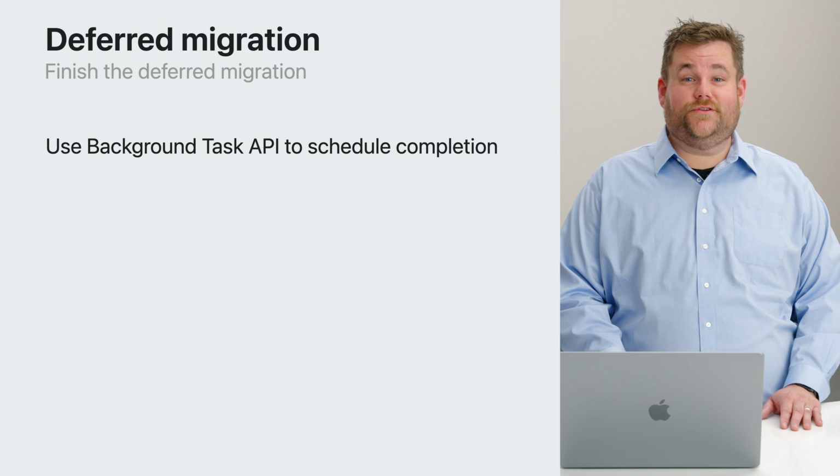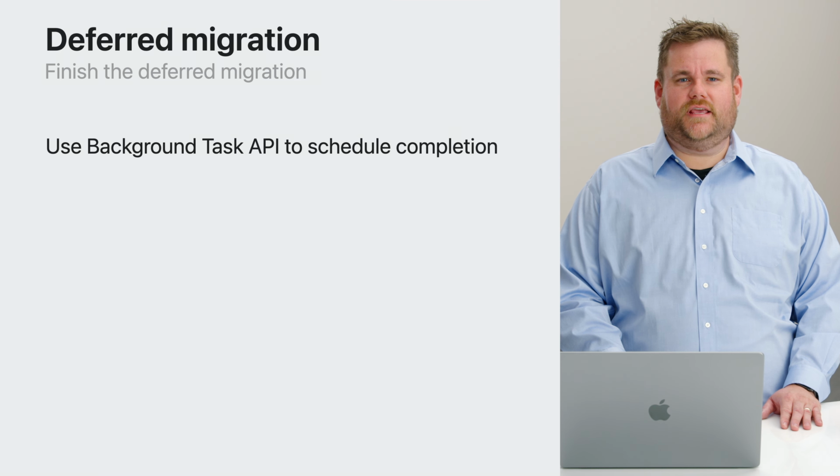To schedule your deferred migration tasks, consider using the Background Tasks API. BGProcessingTask is meant for time-consuming operations such as long data updates and app maintenance. The system will determine the best time to run your task. However, generally processing tasks only run on the device when it's idle and will terminate any background processing task when the user starts using the device.